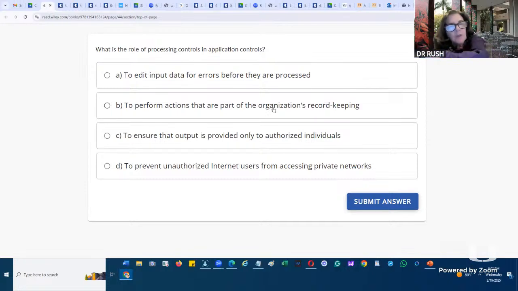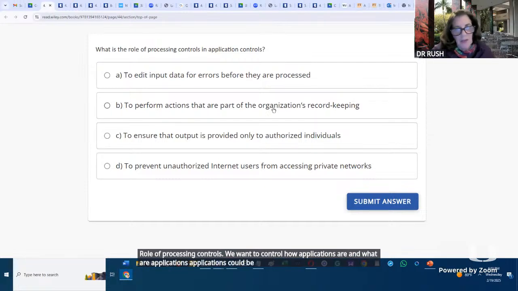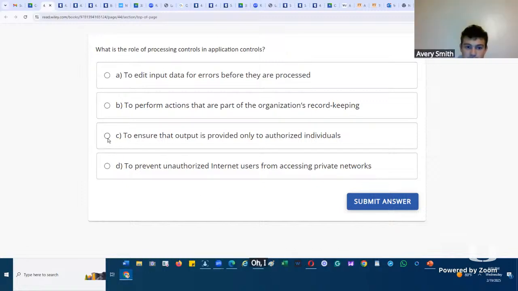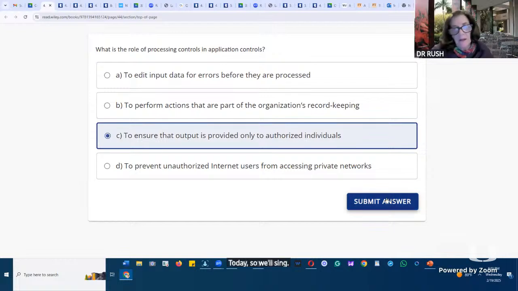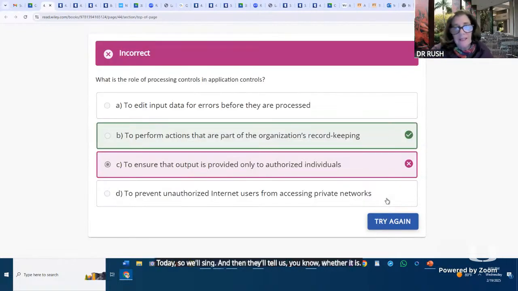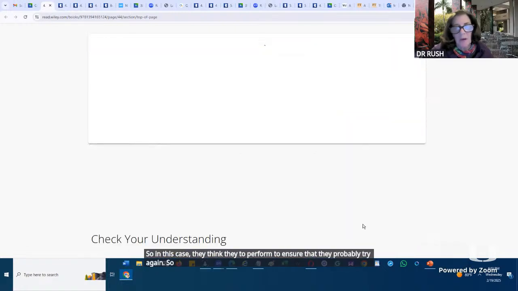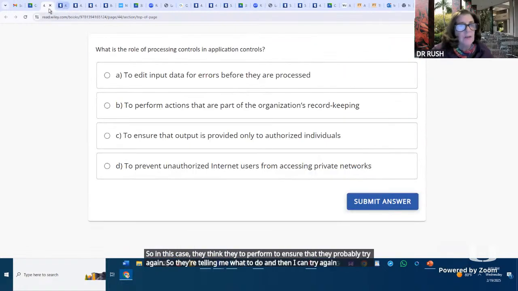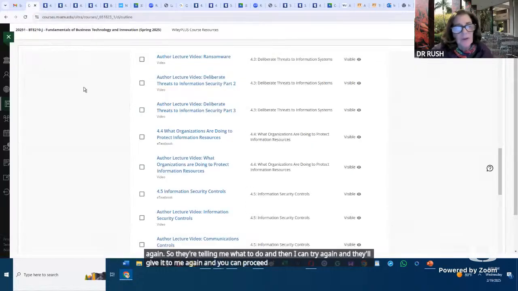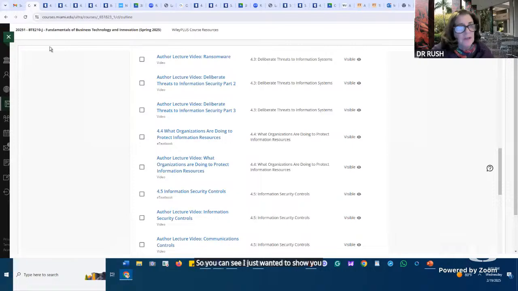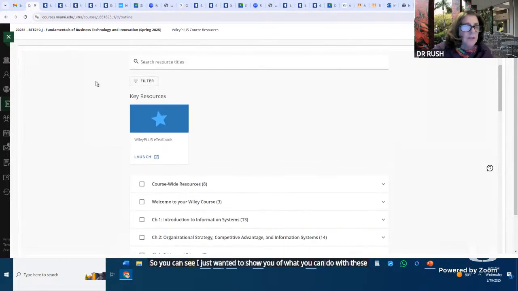The role of processing controls is to control how applications work, and what are applications? Blackboard is an application, right? So what do you think it would be? Oh, I think C. So we'll try, and then they'll tell us what it is. In this case, they're telling me what to do, and then I can try again, and they'll give it to me again, and you can proceed on it. So you can see, I just wanted to show you what you can do with these systems, that you can also get them to